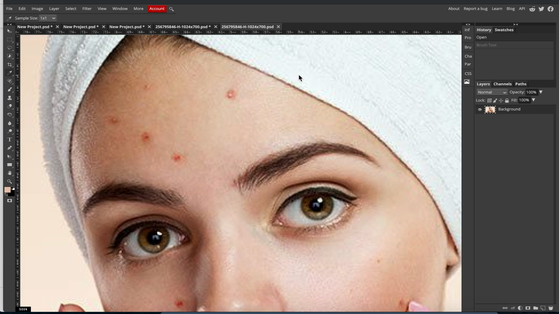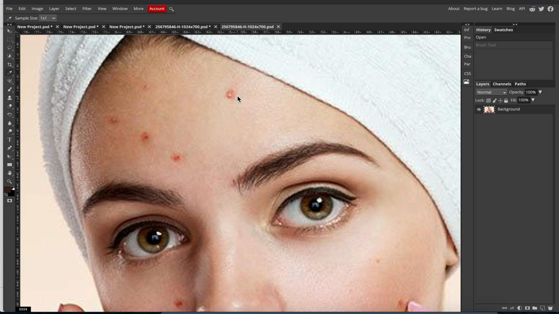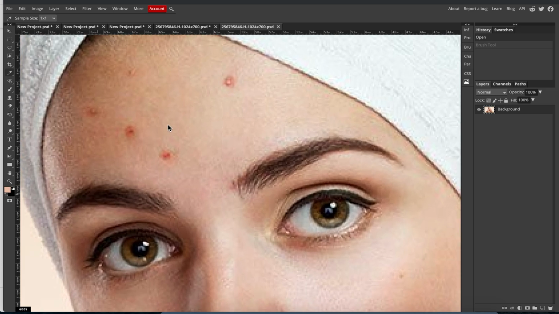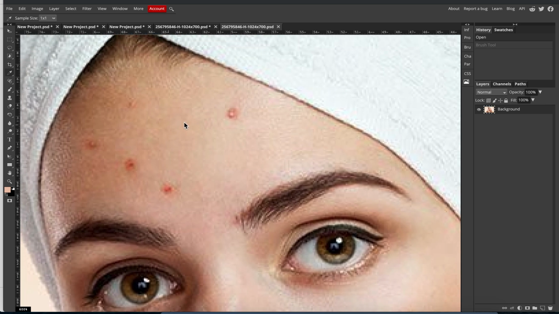whichever area you click on, it will put that into your paint selection. So now the color that's selected is white. If I click on her eyebrow, the color that's selected is brown, and so on. So I'm going to go right next to her blemish, and I'll just click there. So now we have this kind of skin color come up, and then I'll use my brush to correct the